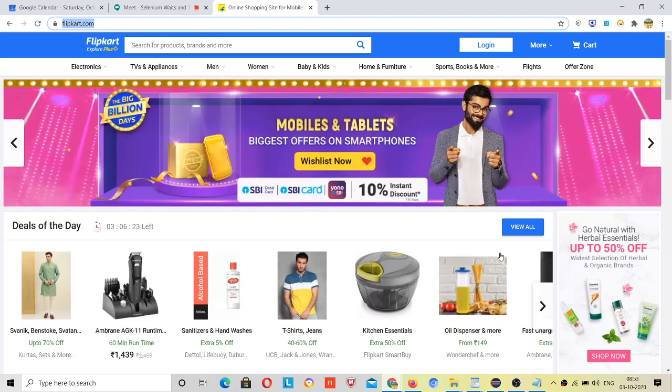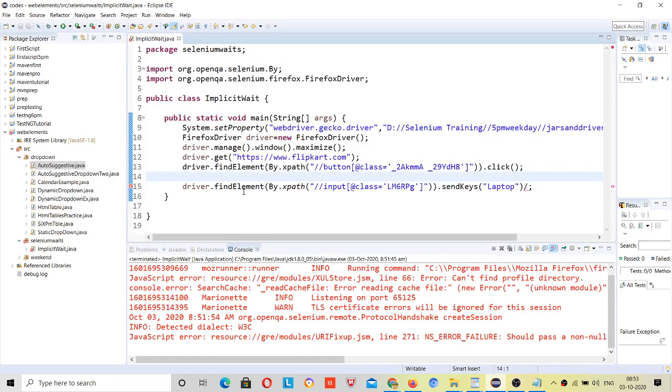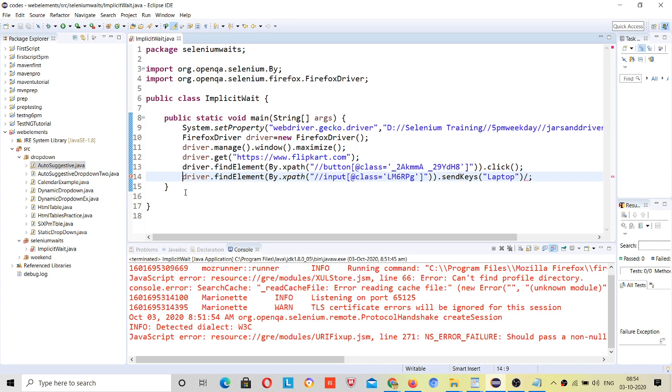So similarly, this browser contains cookies and everything about information. It is having every information about me, but the newly launched browser, which is run by script, doesn't have any history. That's why that pop-up will appear. Okay, so we have to handle that.